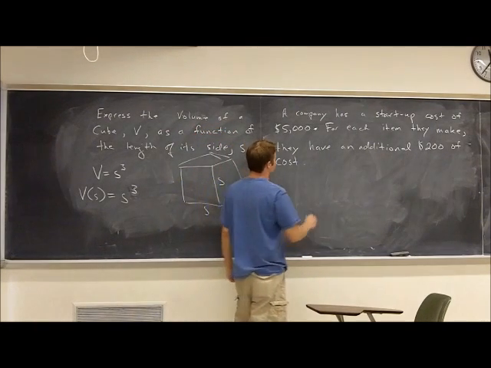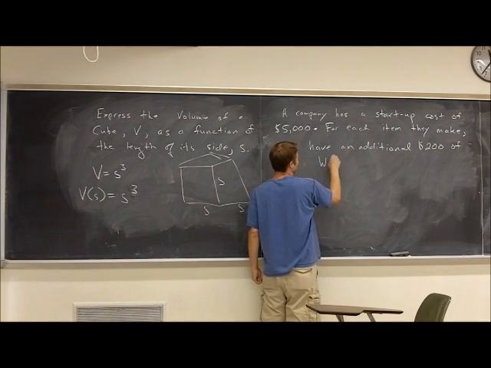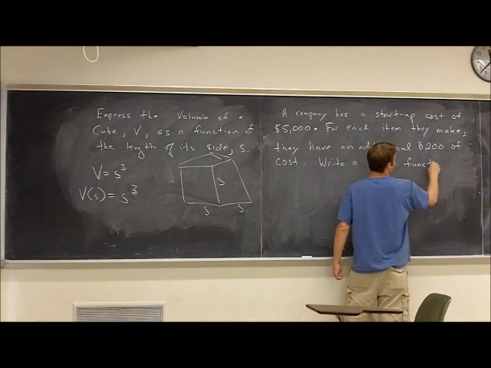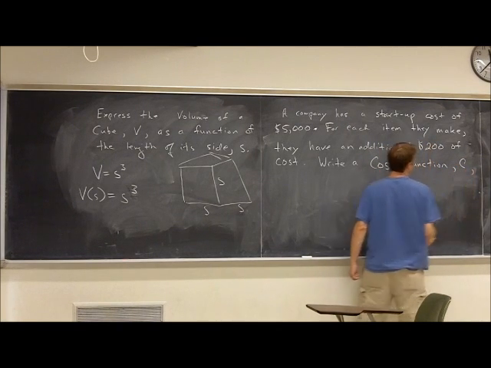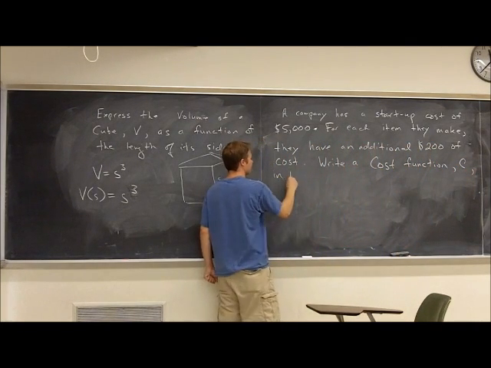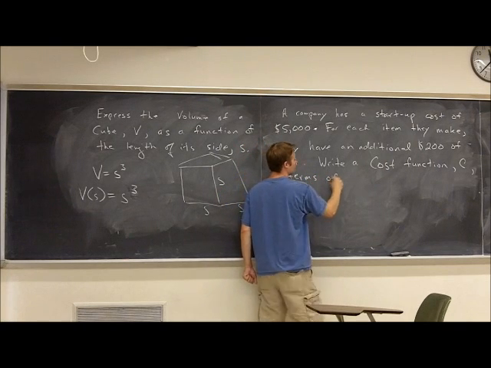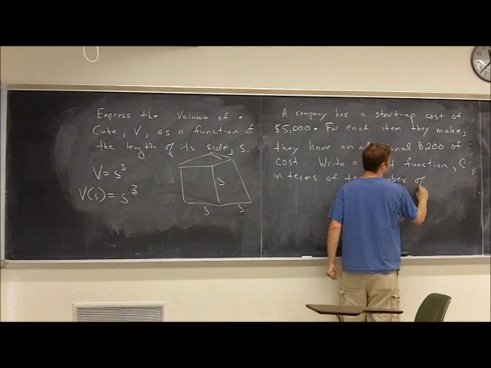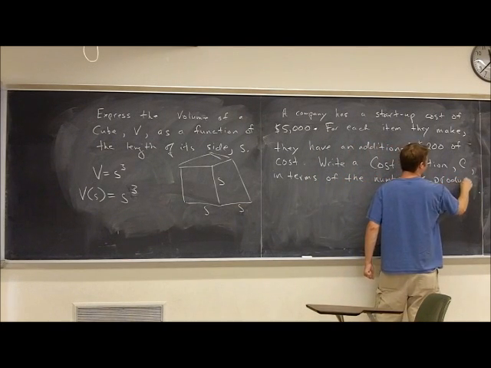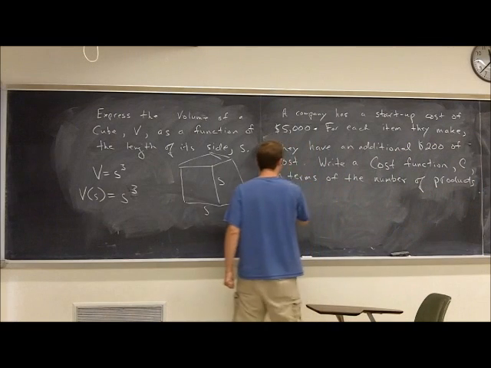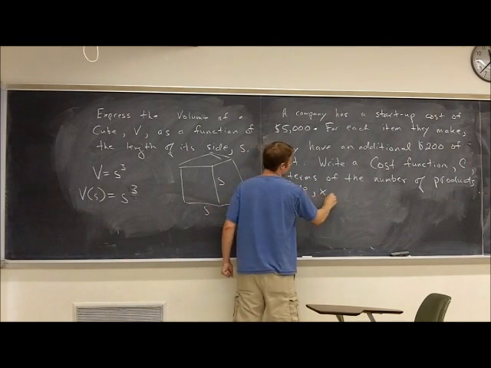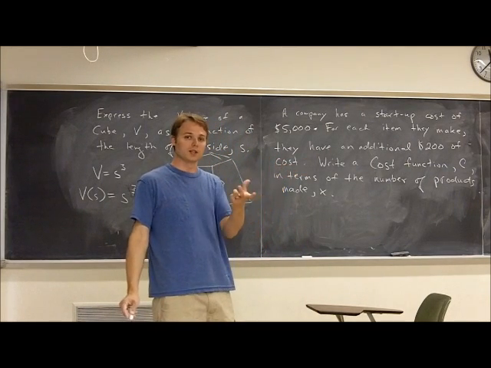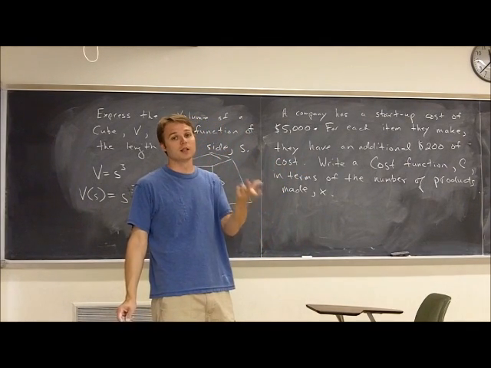So if I want to write a function, we'll write a cost function C in terms of the number of products made, and we'll say that the number of products made is given by the letter X. I'm writing a function that's a cost function that tells me the cost based on how many of this particular